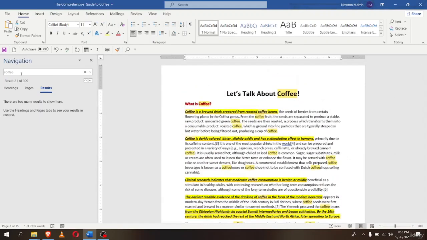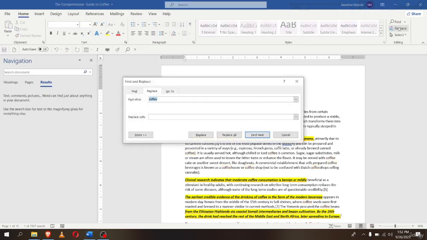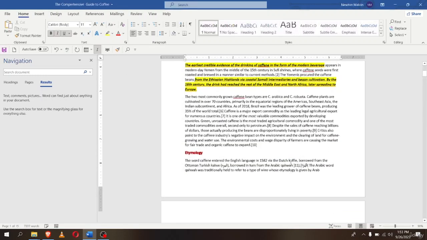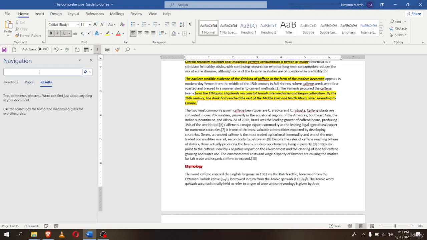All right, so that's how you can find your words, and then you can actually replace them. If you want to replace them, just click on here and find what is coffee, and replace with, let's say I want to replace this with caffeine. So if I select replace all, now it says all done. We made 309 replacements. Now you can see that we previously found 309, and if I click on OK, and now if I click on close, now if I go ahead and click on coffee,